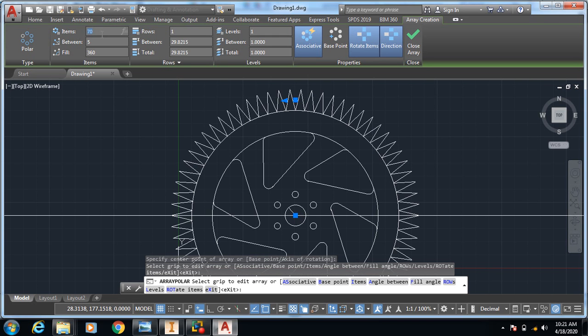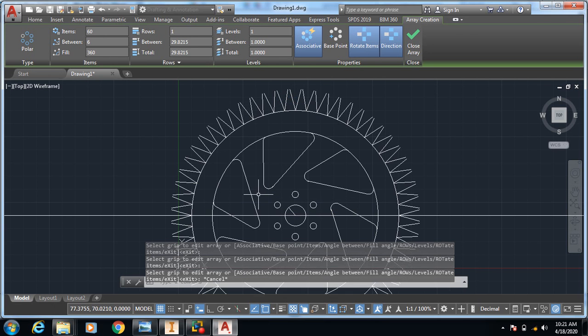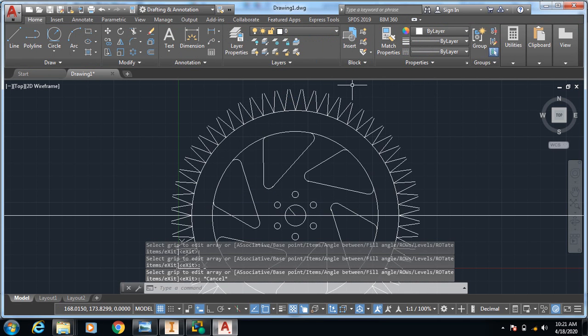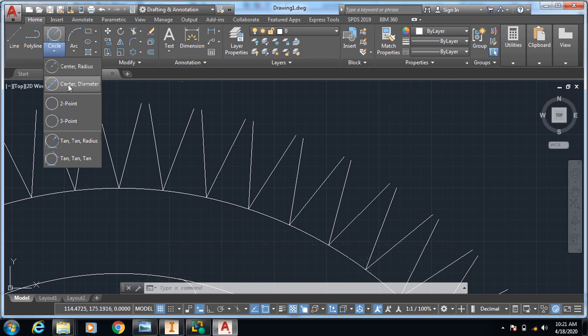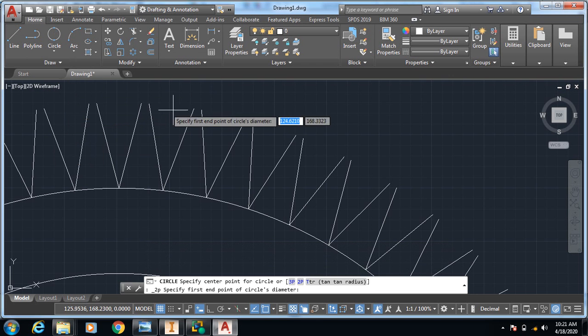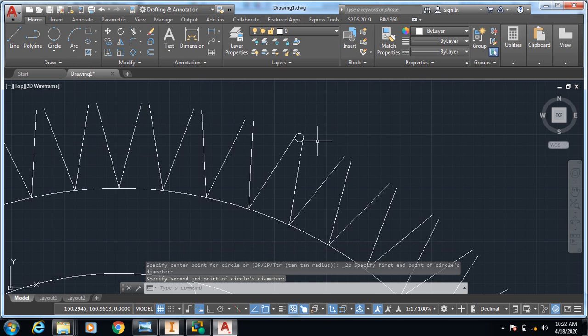It's looking higher, give it 60. Now it's looking okay. Press ESC to exit. Just zoom in. From here take a 2-point circle, this point and this point.